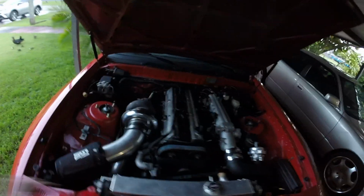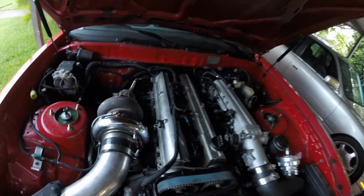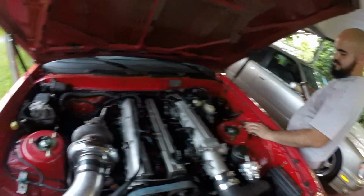So I had my cap on it, and well, we got our radiator already in here. We did our water pump pulley and serpentine belt. Unfortunately that footage is gone forever, but